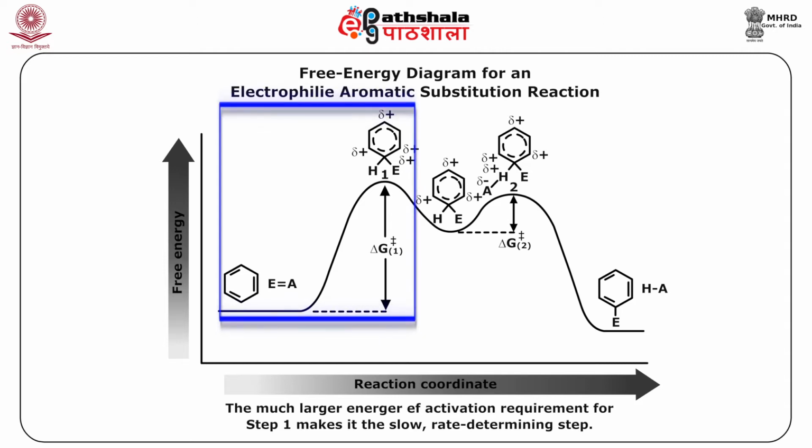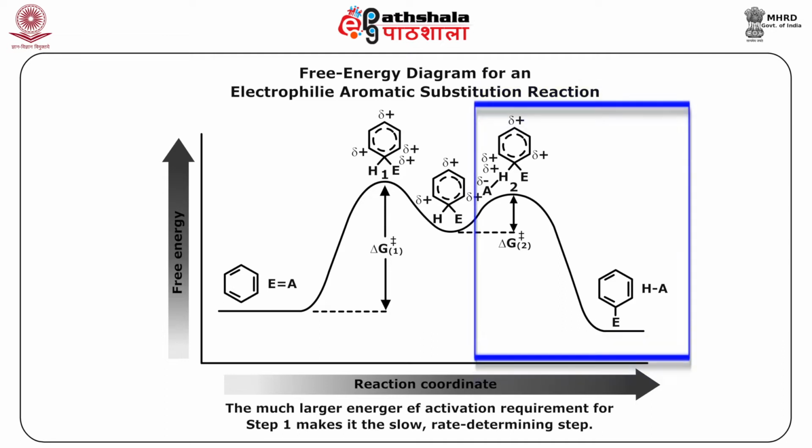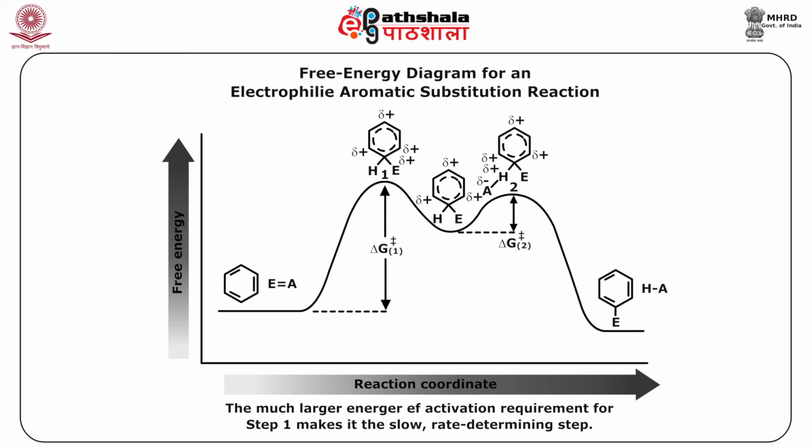The energy diagram of this reaction shows that step 1 is highly endothermic and thus it will have a large free energy, that means delta G dash. The first step requires the loss of aromaticity of the very stable benzene ring, which is highly unfavorable at that time for the system. The first step, being a slow step, is rate determining. Now let us come down to observation of step 2 in this diagram. Step 2 is highly exothermic because regain of aromaticity is taking place. So it has a small delta G, as you can see here in this figure. The ring regains the aromatic stabilization, which is a highly favorable process.